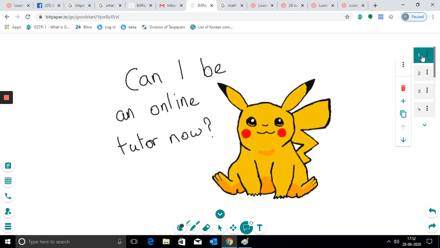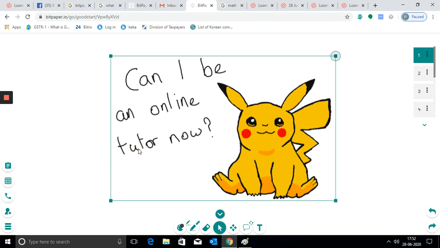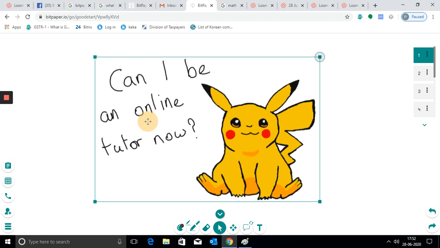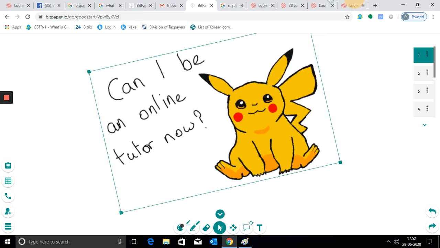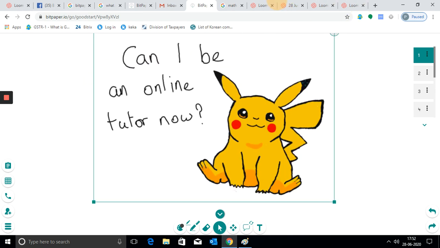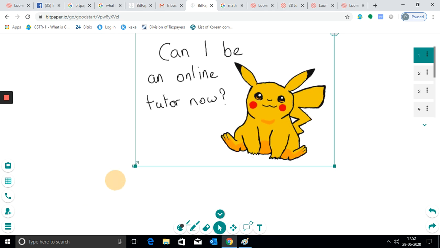Also what we can do is move this one, scale it, rotate it, and scale it.